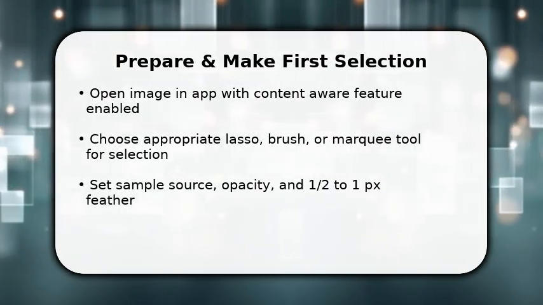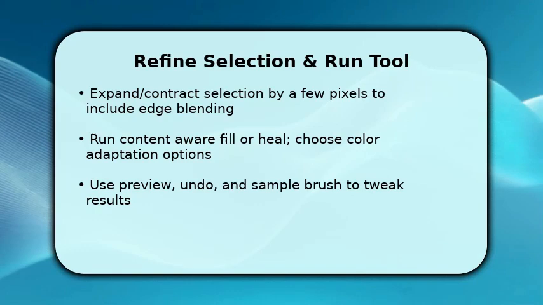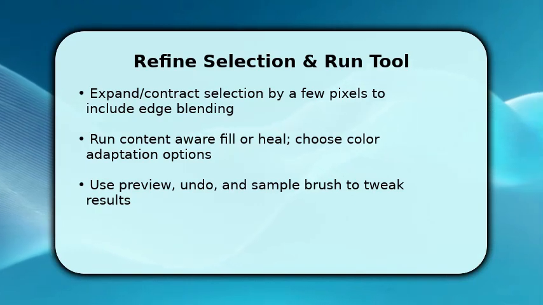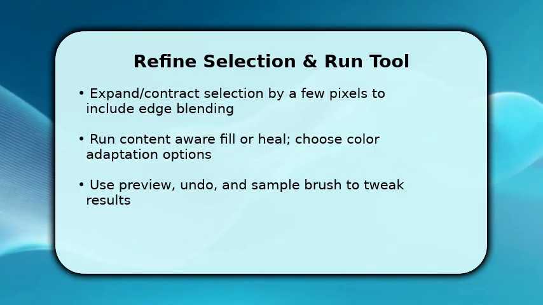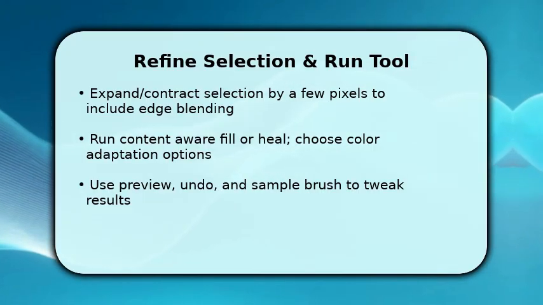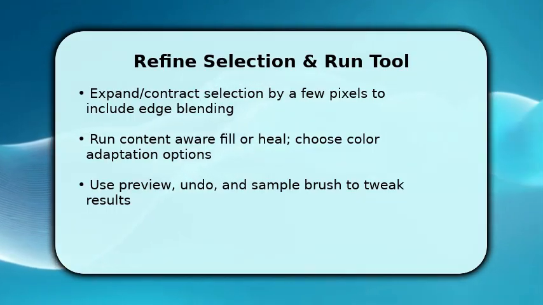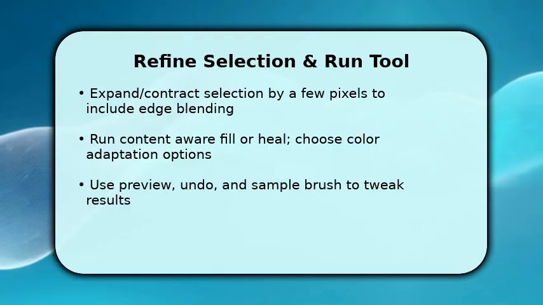Now execute the content-aware operation and watch how the tool samples surrounding pixels to fill the gap. You'll see why a clean selection matters. If the initial pass looks off, use color adaptation or rotation adaptation to better match textures and lighting. Make targeted adjustments with a clone or sample brush on problem spots and rerun the fill as needed. You should also use the preview and undo functions to compare results, iterating until the filled area reads naturally with